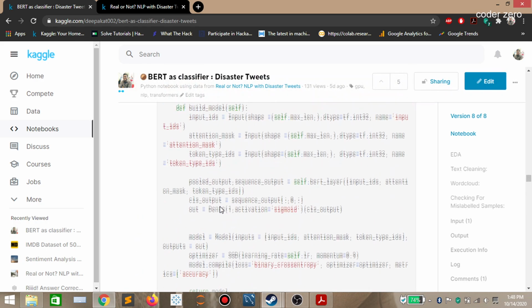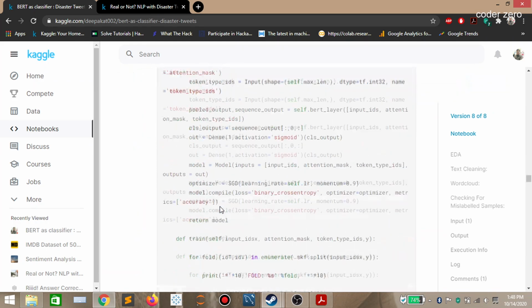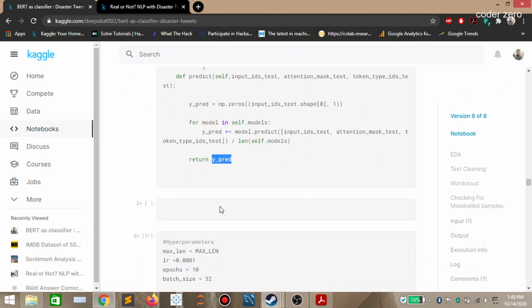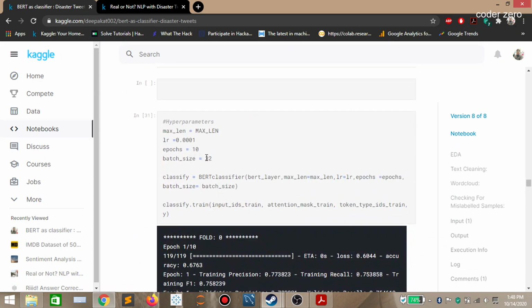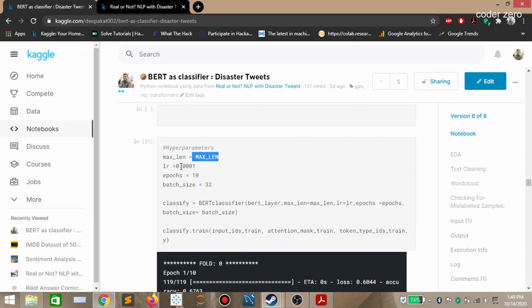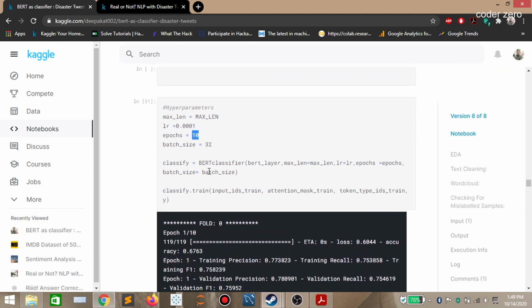Here we have created a BERT classifier class. Now we use that to do the actual training and prediction on our dataset. Here we are selecting some hyperparameters, like maximum length equal to max length, then learning rate equal to this one, epochs we are taking 10, and batch size equal to 32. Here we are creating an object of the BERT classifier using all those values.